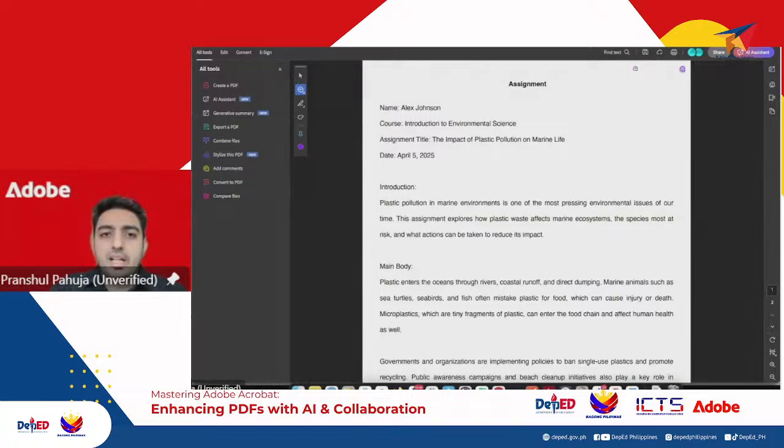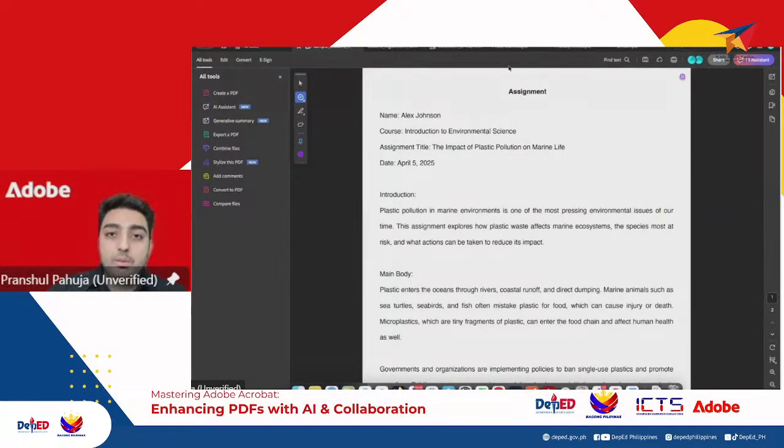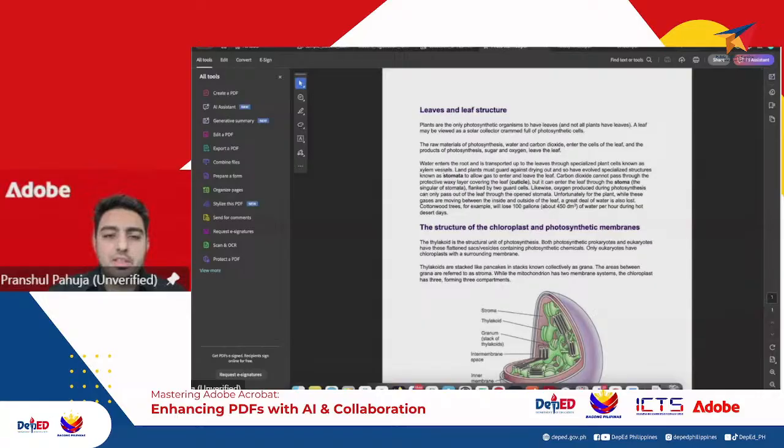But I'll move on to the next topic, which is, okay, you have looked at how you create a PDF. You have looked at maybe how you might want to collaborate on the documents. You have also looked at how you can edit some of the contents of the document. What I want to also show you is, assuming one of these documents was taken from a different source. Let's just say I had scanned this document or I had taken a picture of this particular document.